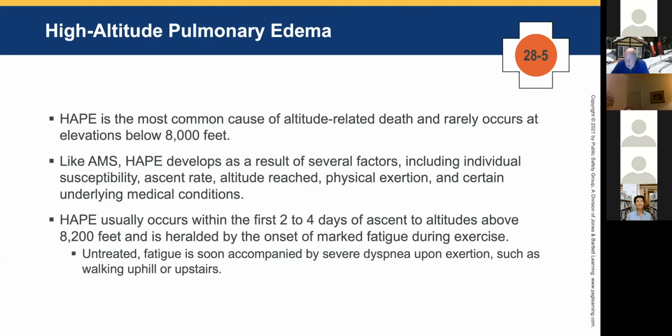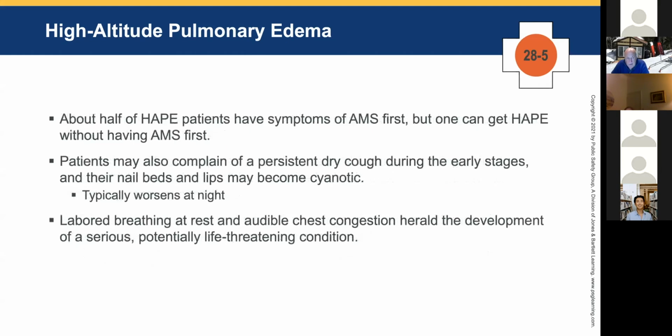Let me take a breather and ask if there are any questions about what we're talking about. Again, this should be just a review of the chapter that you've already read. Len, any comments? Not right now. Alex, any comment? Okay. Again, I feel like I'm kind of reading you the slides, but this is a quick review of what you read in the chapters.